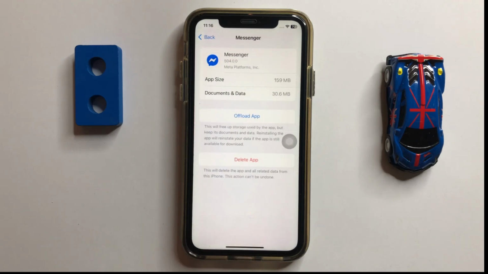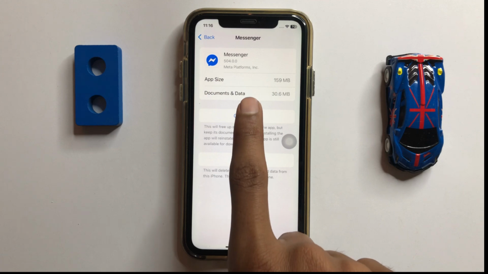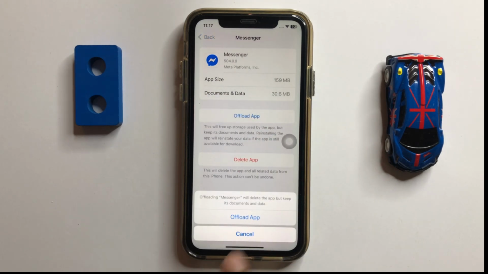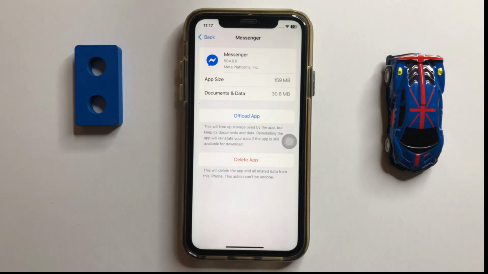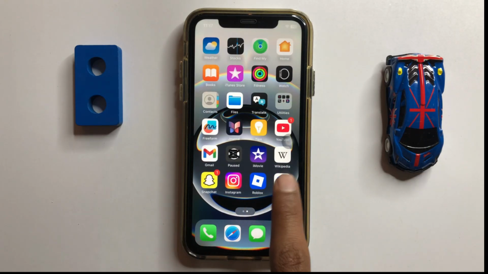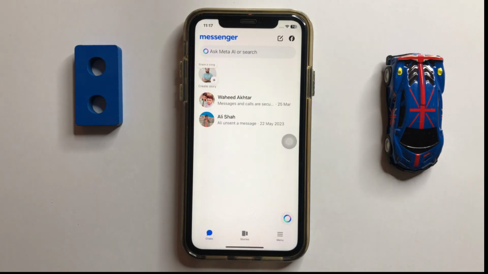Now click on Messenger, and here you can see the option Offload App. Now click on Offload and then again click on Offload. After offloading your Messenger, reinstall the app. After installing Messenger, go back to your screen and open your Messenger and then check